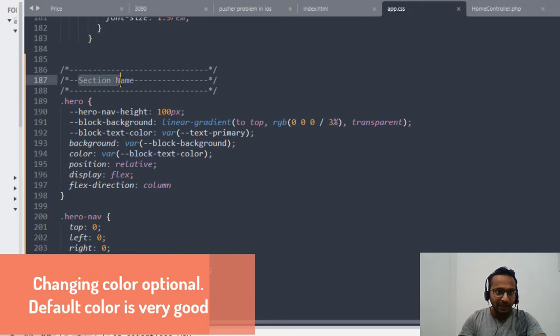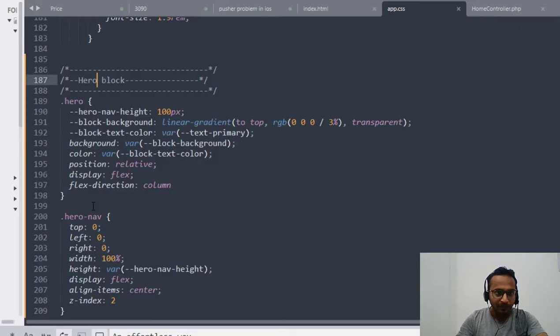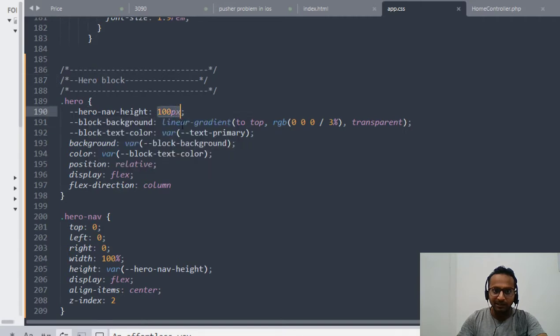I can give a name to this block, which is hero block. Now I want to change the color of this one. Here you can see the hero navigation height is 100 pixels, the background color is this, and the block text color is the primary color. Let me change this one to red color.